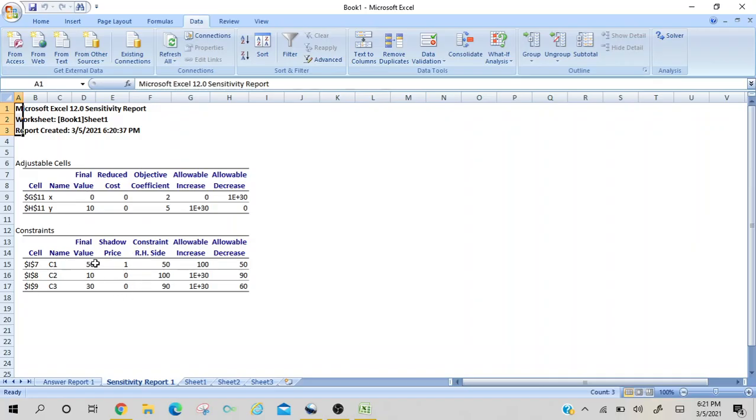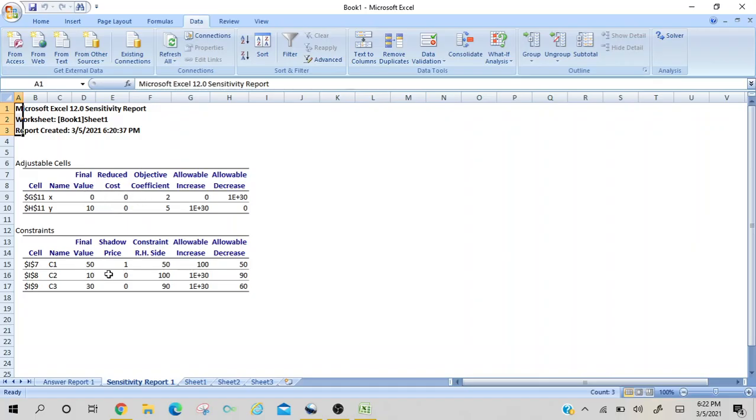As you can see here, corresponding to C1, the final value is 50 and it's not part of the solution. It means this one resource has been fully utilized and its shadow price is 1. But look here at our x: its final value is 0 and its reduced cost is also 0. It means this x variable, which is a non-basic variable, has a Cj minus Zj value of 0.